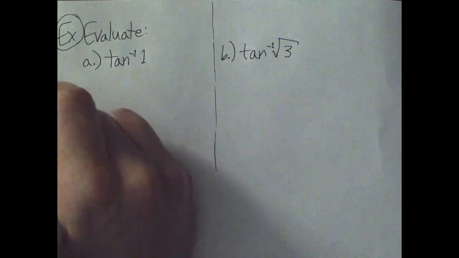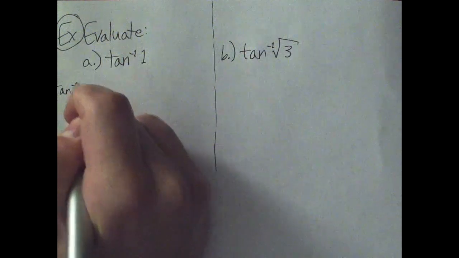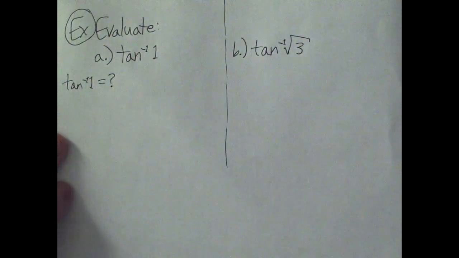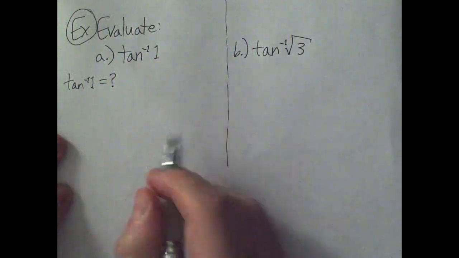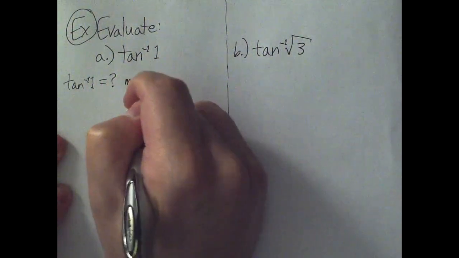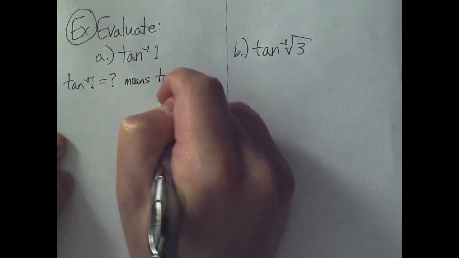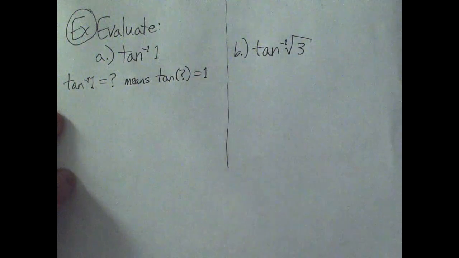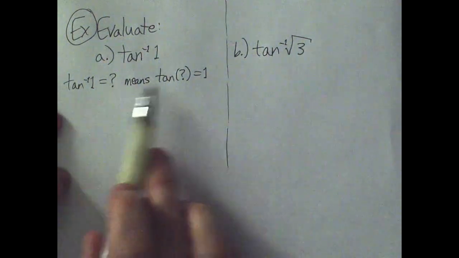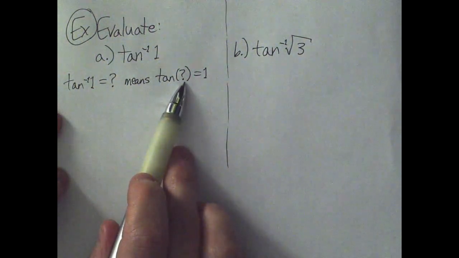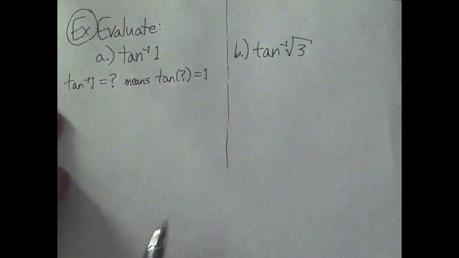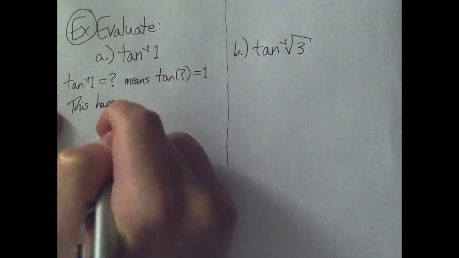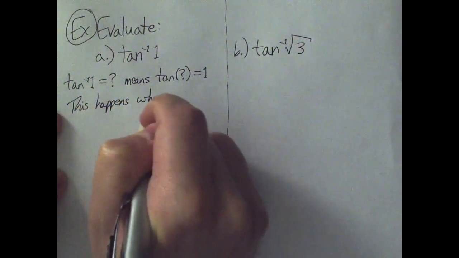All right, let's think about this. Inverse tangent of 1 equals something. I'm just going to indicate it with a question mark for right now. This means tangent of what equals 1. That's what we're trying to find. Tangent of what equals 1. This happens when